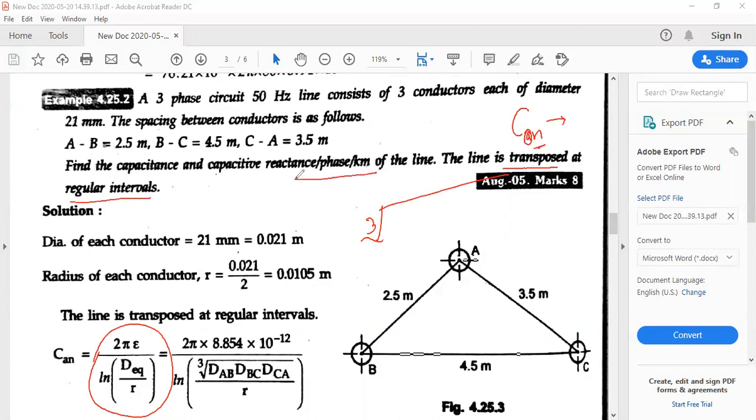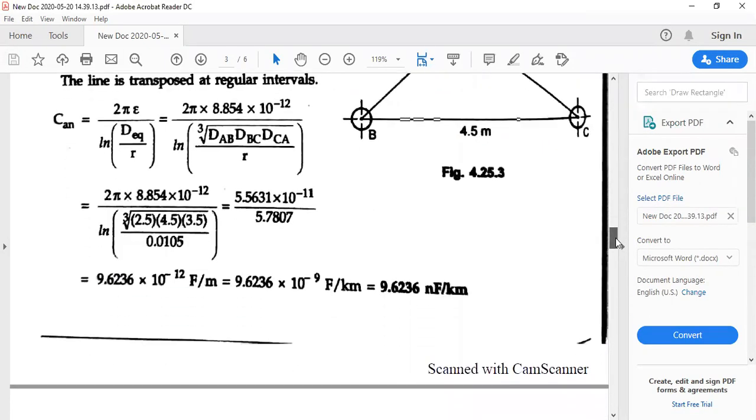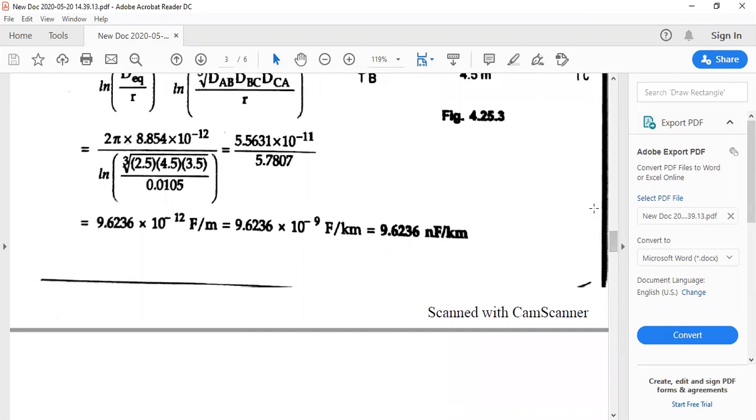So capacitive reactance per phase per kilometer is there. So you take the cube root of distances, and what you can generally find out is the value in terms of meters. So if you take it, it will be in meters there, and ln of D equivalent divided by R. If you get it, you'll be getting out the values easily. So first thing what you have to do is list down what are the given data there, and later on a simple substitution to all the relevant problems which are there.